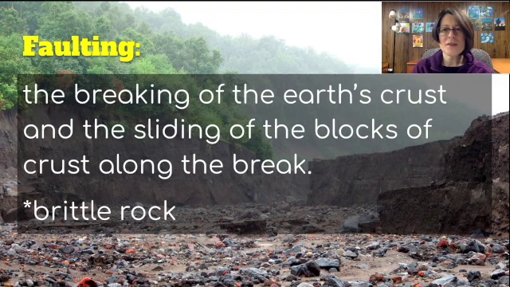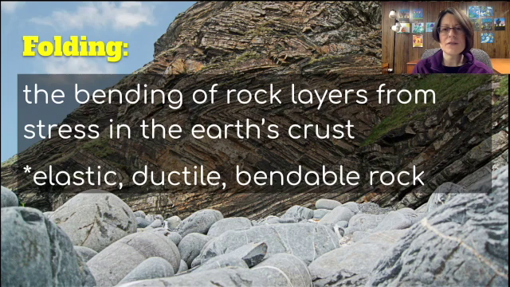There are two types of deformation. The first type is faulting. This is the breaking of the Earth's crust and the sliding of the blocks of crust along the break. This occurs in brittle rock, and I have in the background here where the rock has separated, it has broken, okay, and it has caused a fault. There is also folding. This is the bending of rock layers from stress in the Earth's crust. This happens when the rock is elastic, ductile, or bendable,